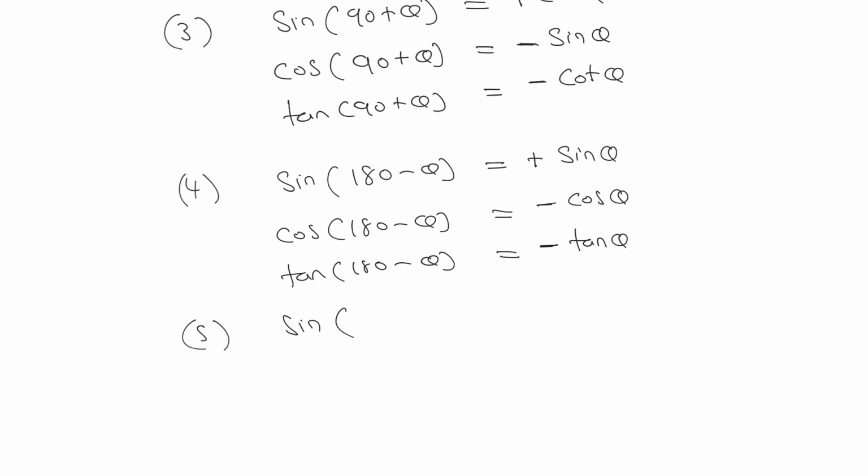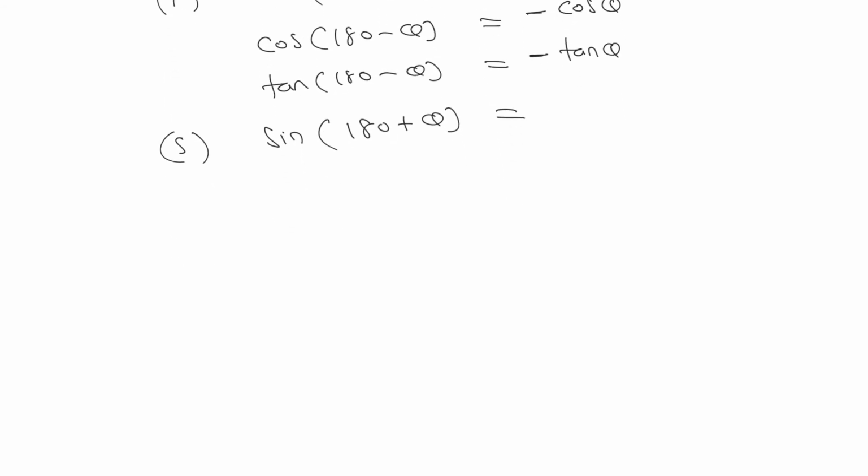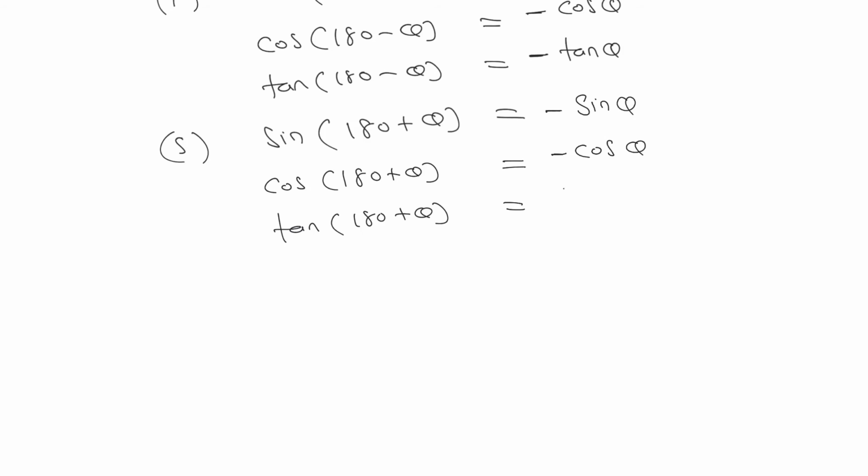Now we can write the next condition. If it is sine of 180 plus theta, you can observe that this is in the third quadrant. In the third quadrant only tan theta is positive, so sine theta will be a negative value, and with 180 plus theta, sine will remain just nothing but sine. Same as that we can write cos 180 plus theta, as it is in the third quadrant, it is negative, that is minus cos theta. And if you are writing tan of 180 plus theta, in the third quadrant tan theta is positive, so we'll write plus tan theta.